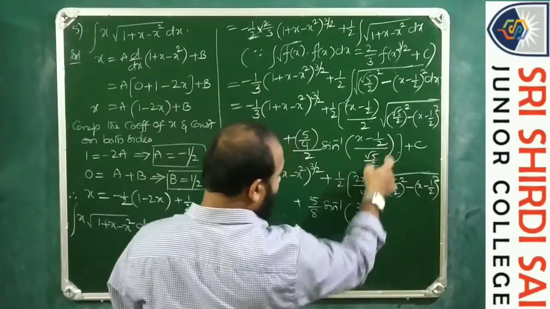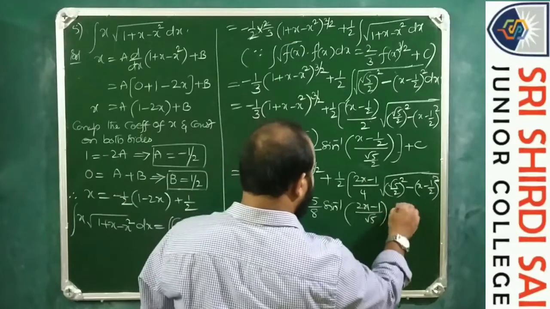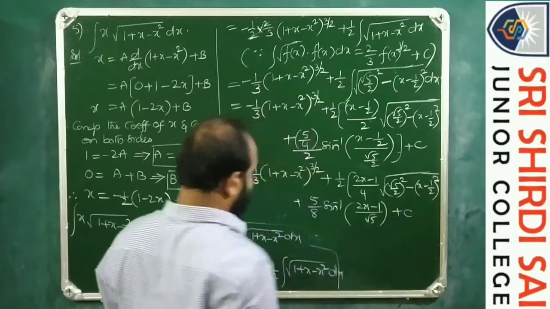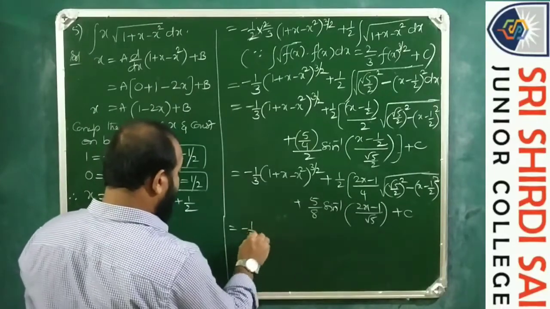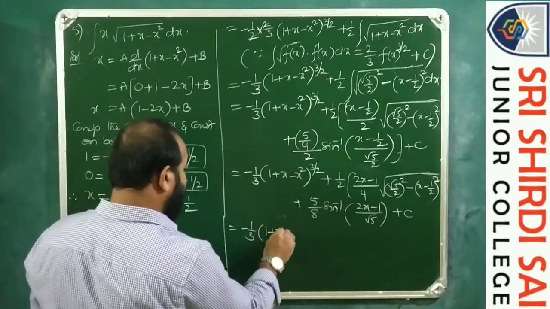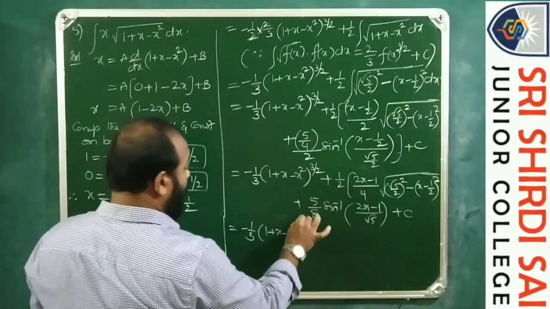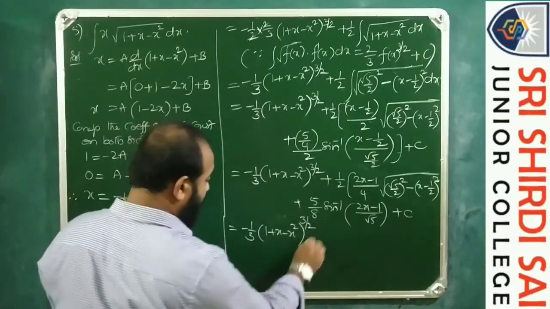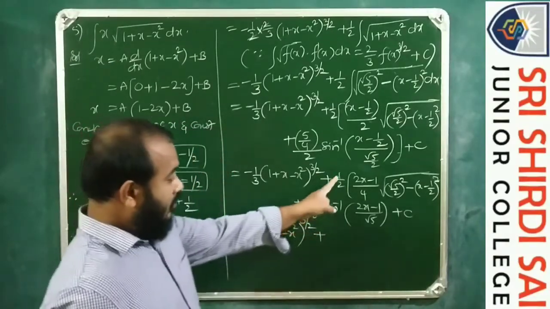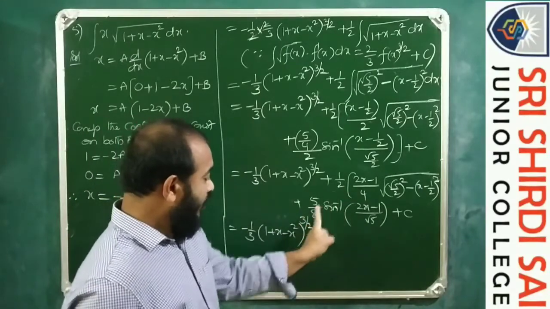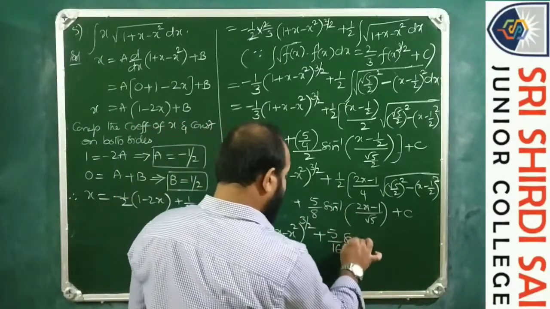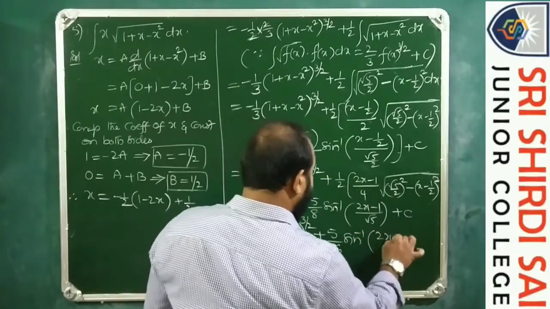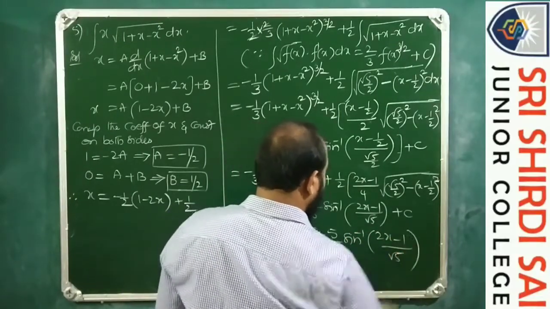So 2 gets cancelled by root 5, plus constant of integration c. This implies minus 1 by 3 into 1 plus x minus x square whole power 3 by 2 plus 1 by 2 into 5 by 8, 2 eights are 16. So 5 by 16 sine inverse 2x minus 1 by root 5 plus,